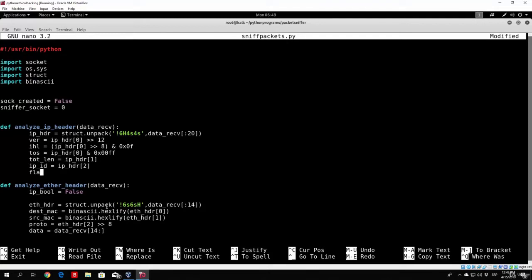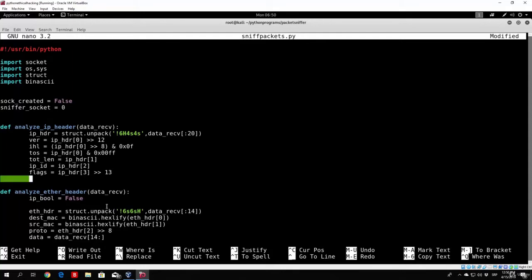Okay, so we will call it just flags equals IP_header, the third or fourth element in our list shifted 13 bits. The next thing that will also correspond to the fourth element will be the frag offset. So frag_offset equals IP_header, third element, and we want to add it to the amount of bits needed. So let me just find the actual, okay, so here it is,